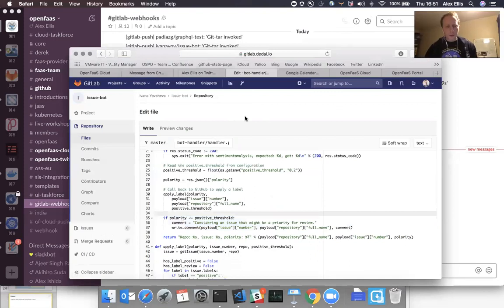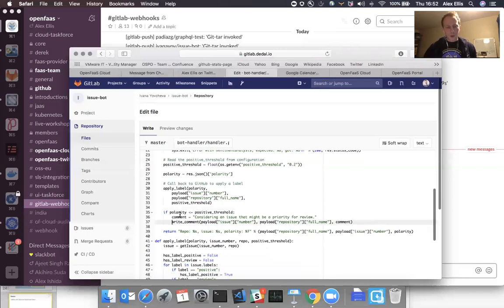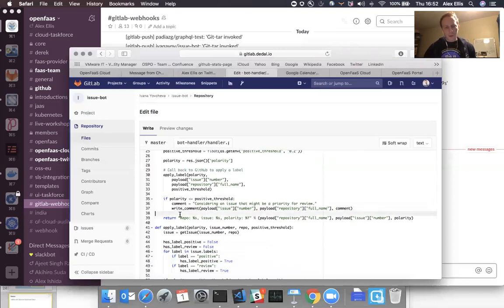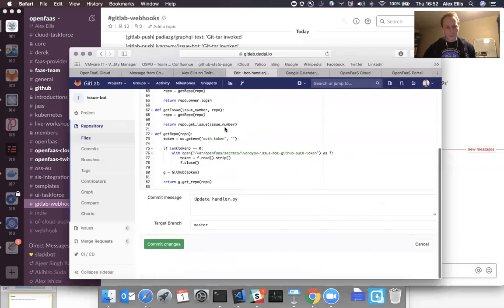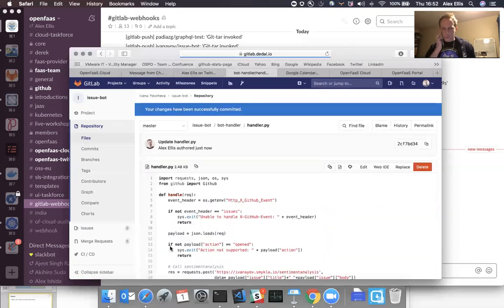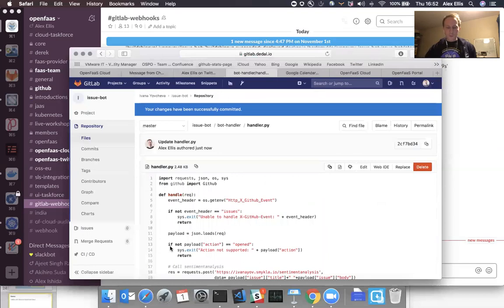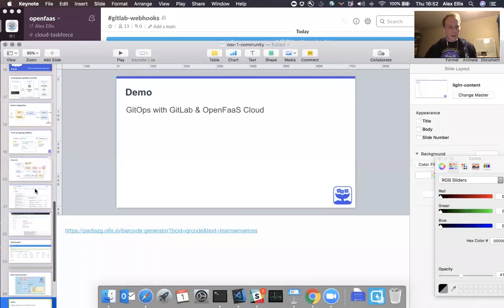Perhaps if something needs a review, we should ping the user, and so that will expect them to come in. So what we're going to do is uncomment that bit of code, just like before. We're going to hit commit. And then that complete workflow that I talked about earlier is going to take place.